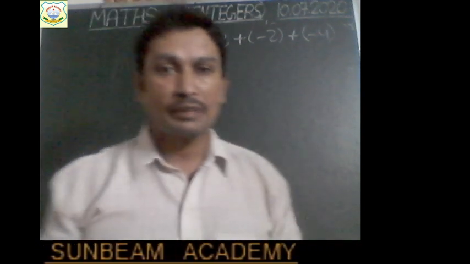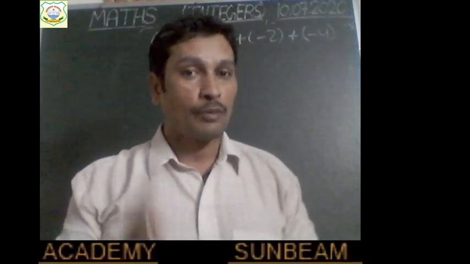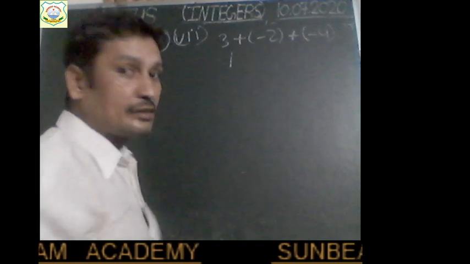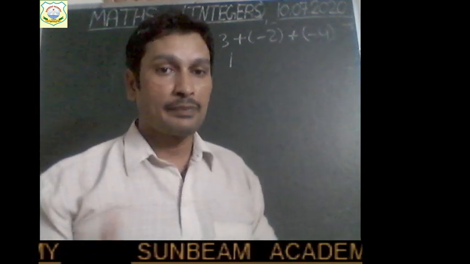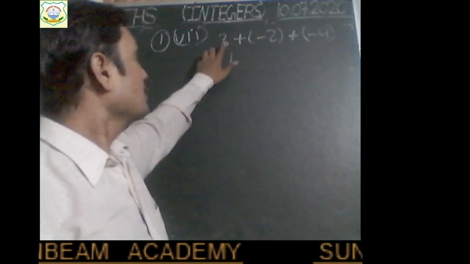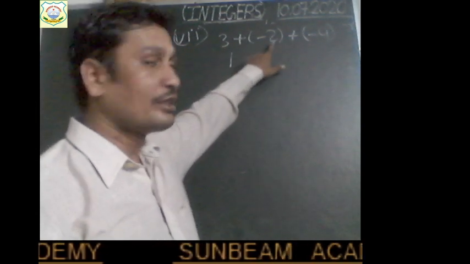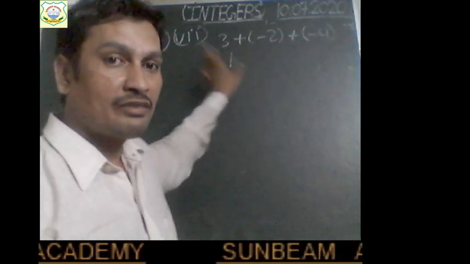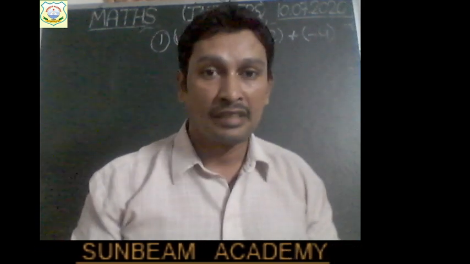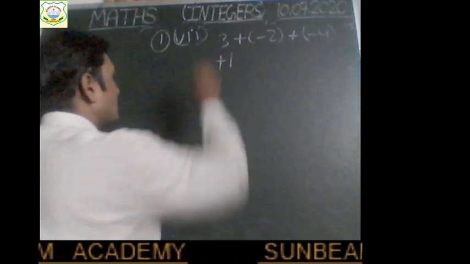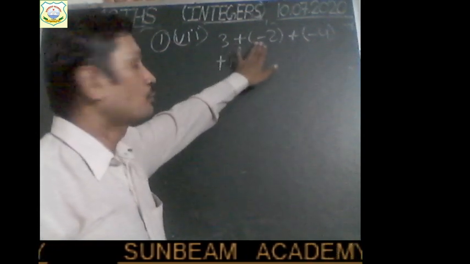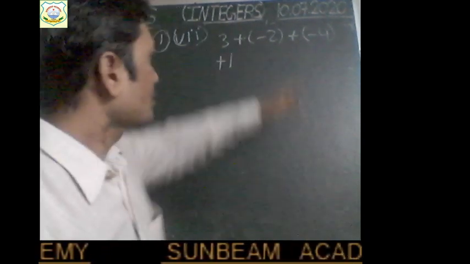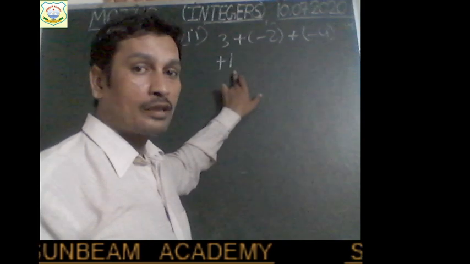So what will we do? We will add or subtract, children? We will subtract. In case of opposite signs, we subtract, right? So 3 minus 2 will give 1. And the sign may be positive or negative, it depends on the number. Here the positive value is 3 and the negative value is minus 2. Of course, the positivity of the first integer is greater than the negativity of the second integer, so you will put a positive sign. Here the profit is 3 rupees and the loss is 2 rupees. Profit is greater, so you will put a positive sign. Am I right? Now these two integers are added and we have got plus 1.